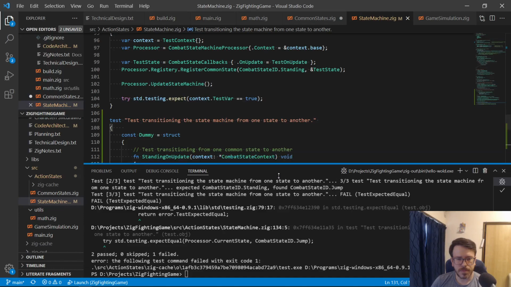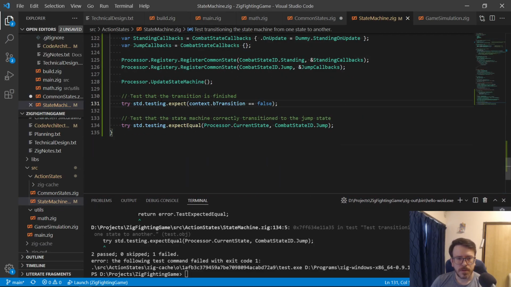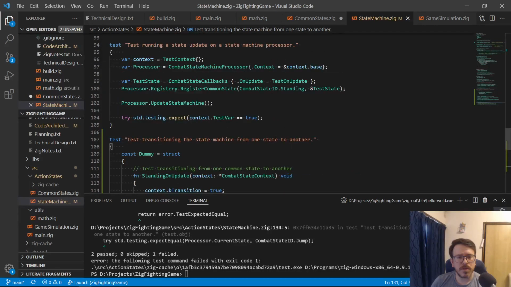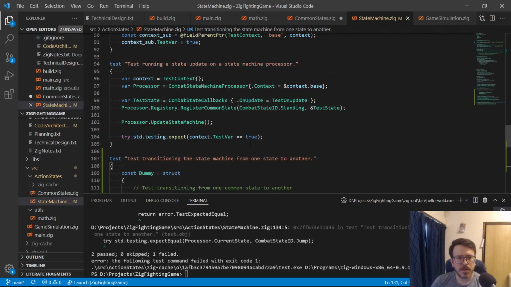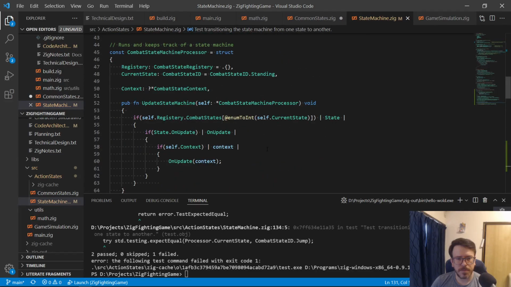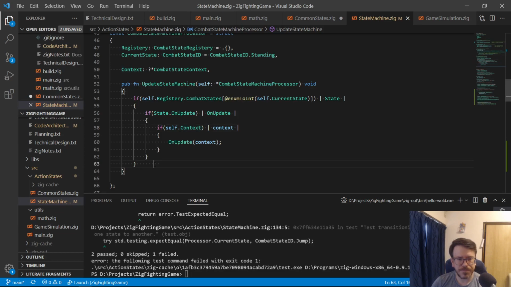So at the moment, let's do that. So after we run an update, we'll check to see if there was a transition. Just to be clear, what this is doing is making sure that the comment state is actually set. Okay. So yeah, if there's a transition, so if context,